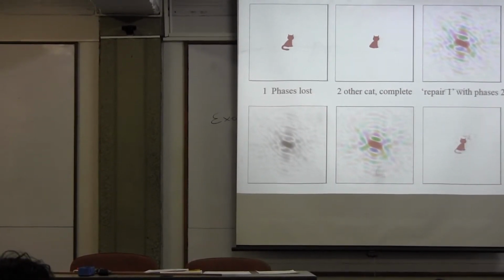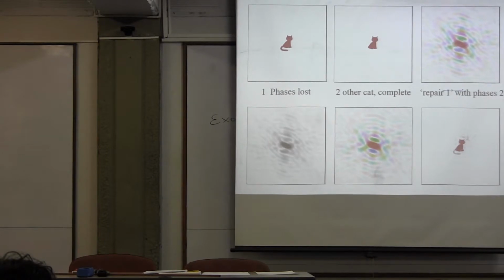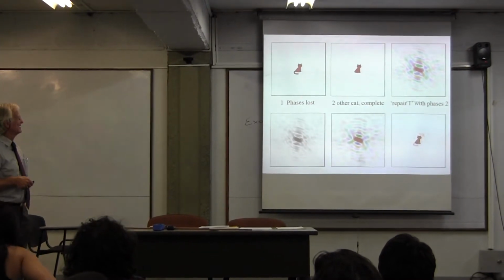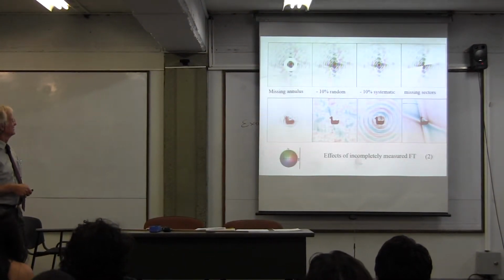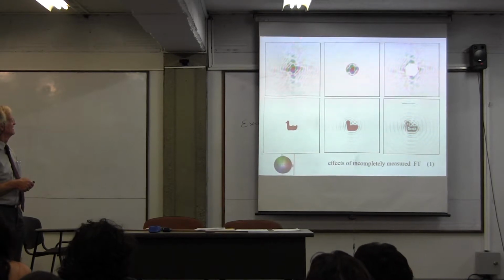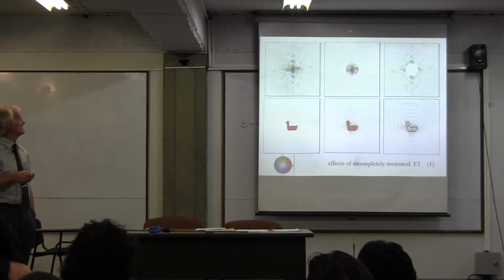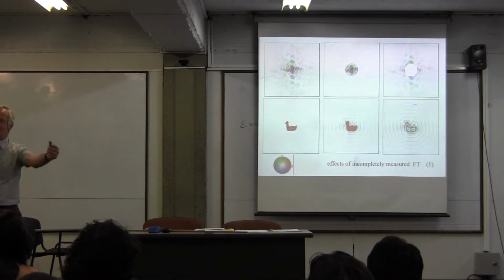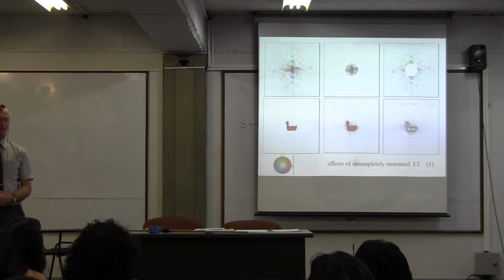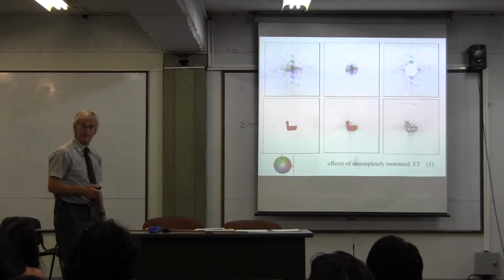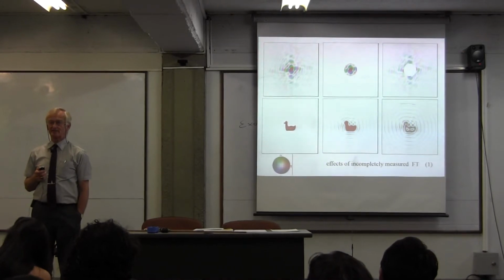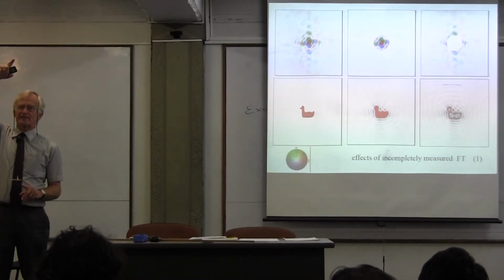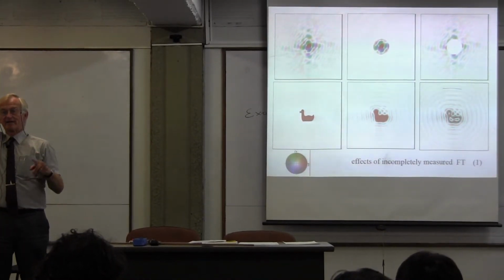Go ahead. What do you mean with repair? I mean, what kind of operation did you do? Of my little ducky here, I have a full Fourier transform that says at each of the locations here, which is a properly sampled thing, so it's a two-dimensional comb of sample locations, I have an amplitude and a phase. That's what the output is of a Fourier transform. It says the intensity is this much and the vector sits like that. And that's the phase.